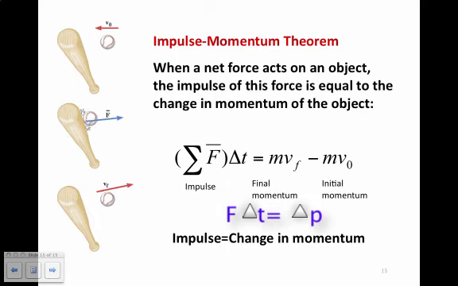And here's the impulse-momentum theorem. When a net force acts on an object, the impulse of this force is equal to the change of momentum of the object. This just means that there's a secondary equation for impulse, and that is the change in momentum. Momentum final minus the momentum initial is also equal to